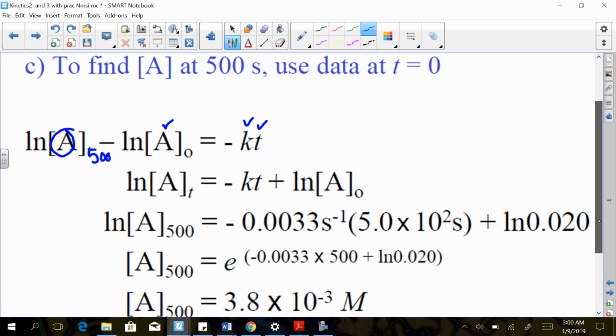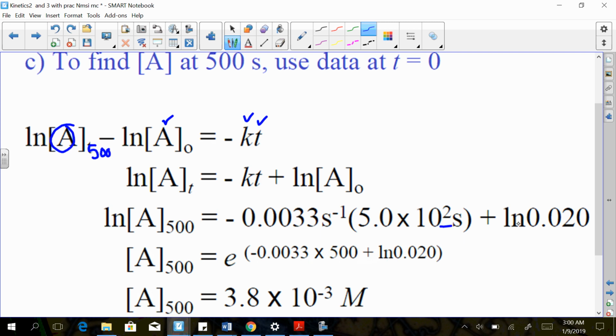Now, in this step, everything's done. You can even get a number instead of leaving it in this form. And I have the natural log of A equals this. Well, I need to solve for A, not the natural log of A. So in order to do that, if I take both sides and I raise them e to the natural log of A, e to the whatever power this is, whatever that